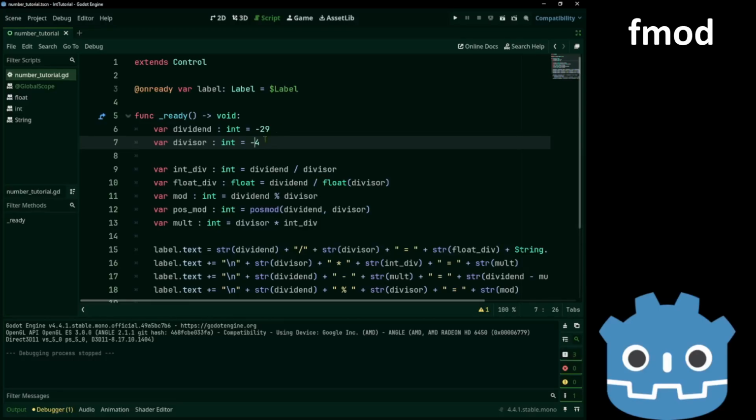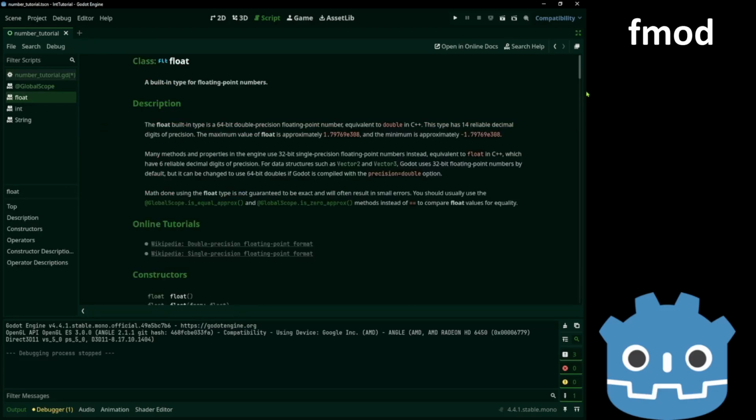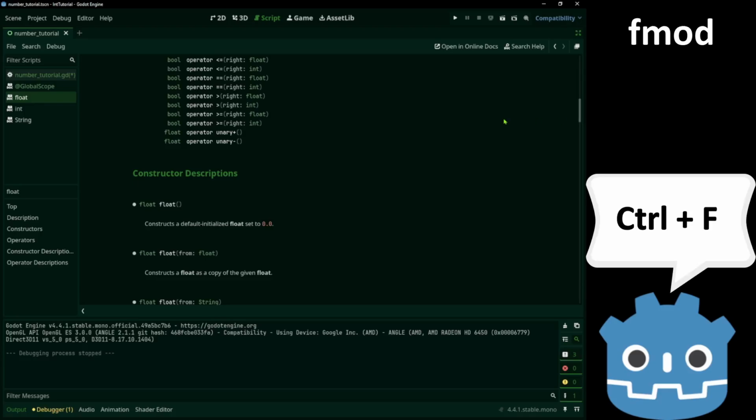Hello, today we'll see the mod operation on float numbers. Let's say that we have 5 mod 1.5. That's going to give us an error because that's not an operator for float numbers. We cannot find it here.